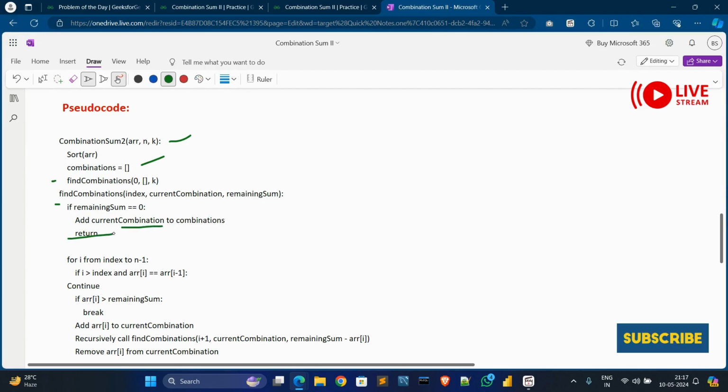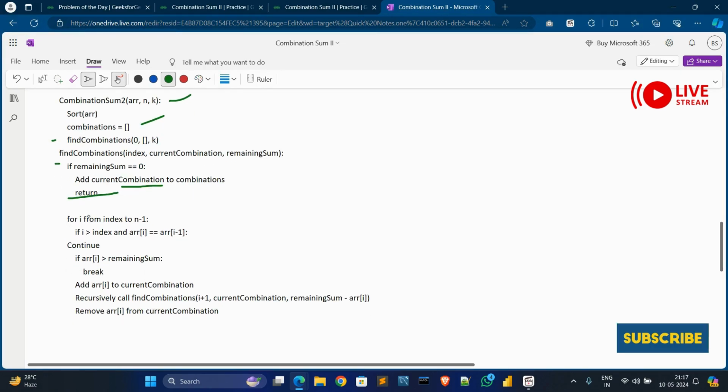We create a condition to find the target combination. If we get a valid combination, we store it and continue. If the remaining sum is exceeded, we break, and otherwise add the element to the current combination. And lastly, we remove it from the current combination.